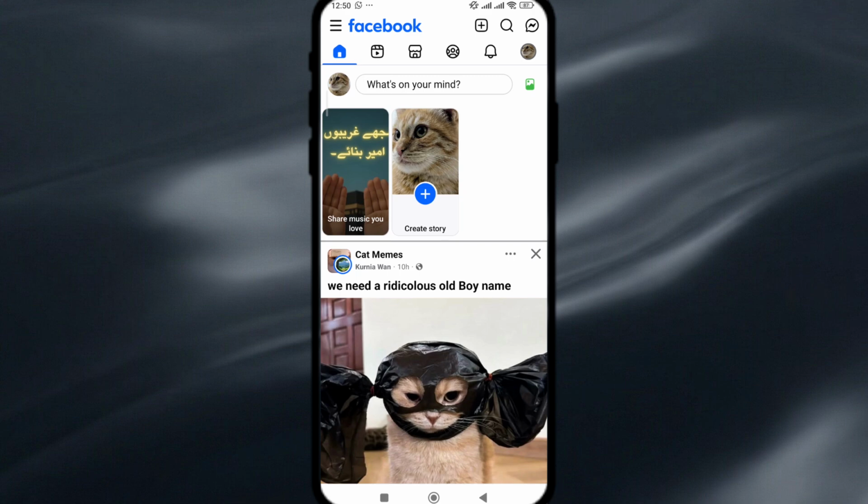In this video, I'll show you how to add a profile picture on Facebook using your phone. First, open the Facebook app on your phone and make sure you are logged into your account. Once the app opens, tap on your profile picture or your name at the top of the screen to go